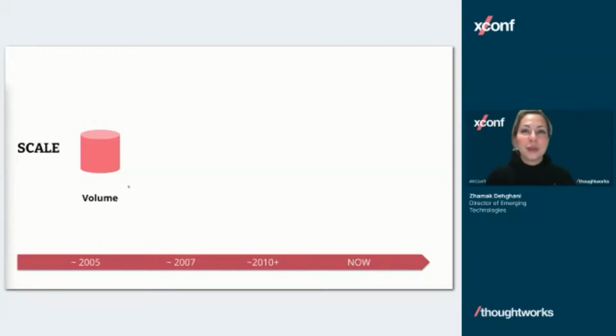In the early 2000s, we solved the scale of the volume. We all went on the web and started building these web applications that generated a lot of data. We had to deal with the volume and the parallel processing, and that's where the Hadoop world and the MapReduce way of parallel processing the data came to exist, or distributed files and so on.